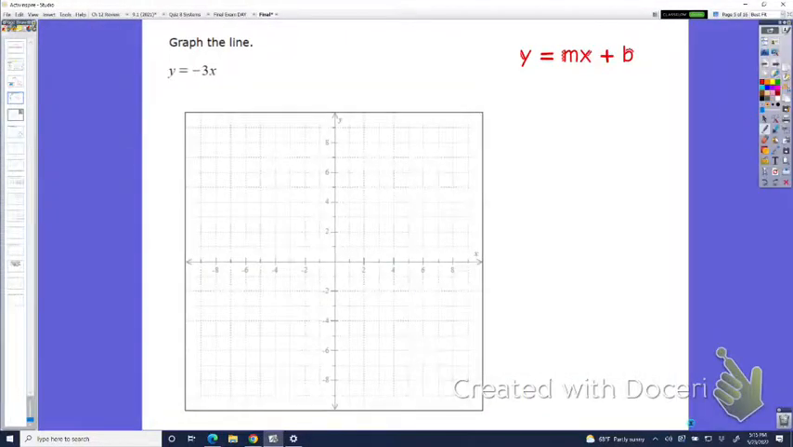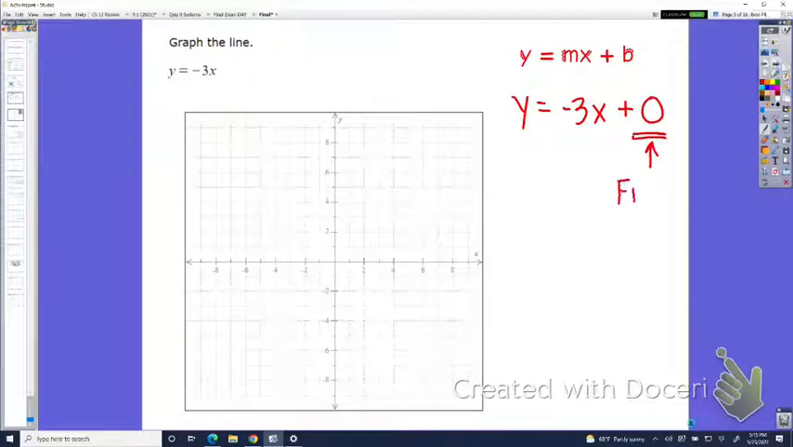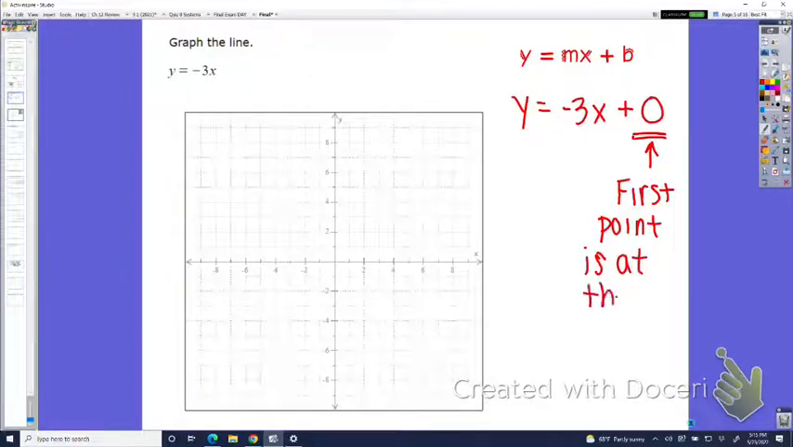Next, you're going to have to graph a line. Now, notice it's in y equals mx plus b, but it's missing the b part. So that means it's plus 0, which means your first point is at the origin. So these go through the center, 0, 0. Then your slope